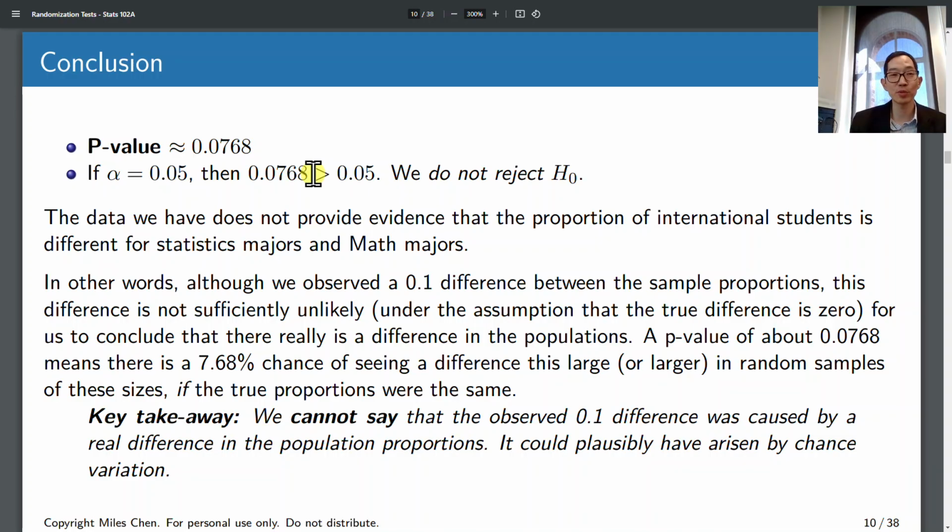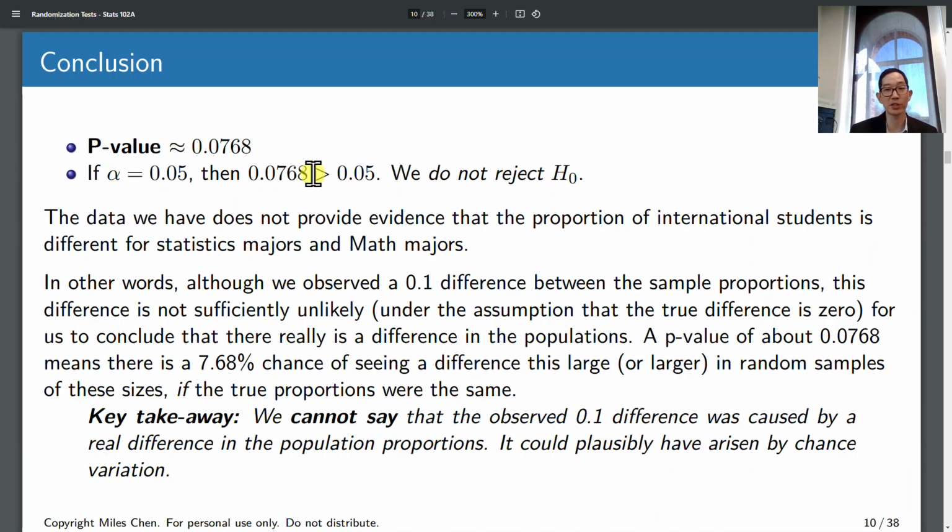And so my conclusion would be something along the lines of: the data we have does not provide evidence that the proportion of international students is different for statistics majors and math majors. Although we observed a difference of 10 percentage points between our two sample proportions, that difference is not sufficiently unlikely. It's not that weird, under the assumption that the true difference is 0, for us to conclude that there really is a difference